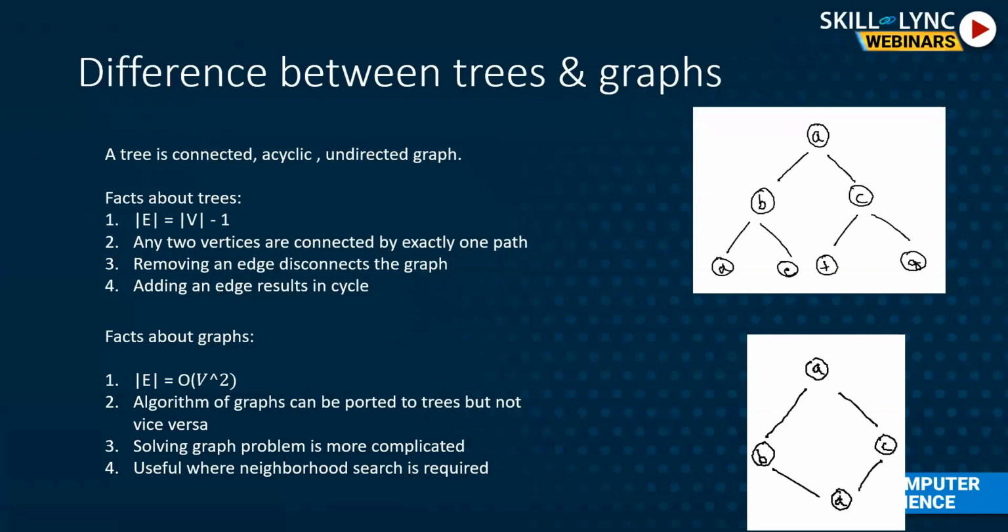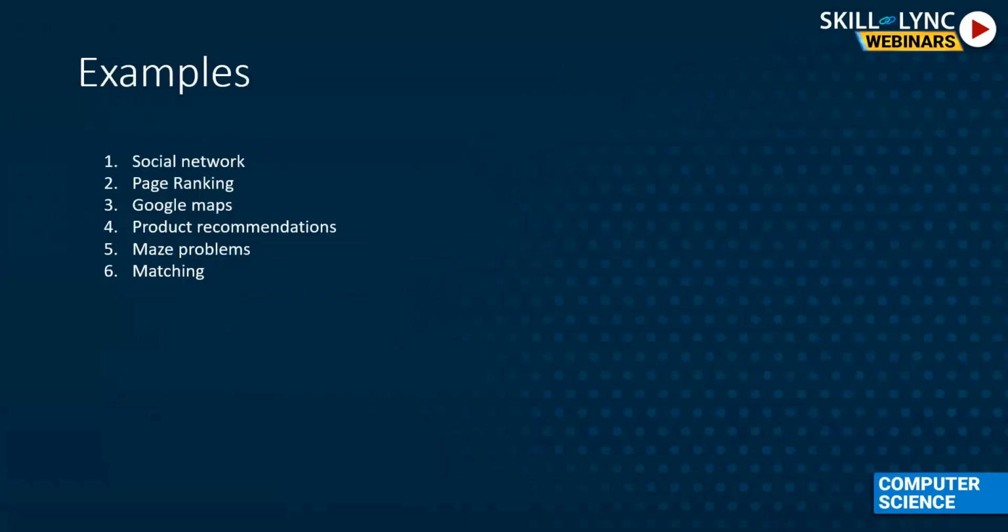Solving graph problems is more complicated, and that's why it is challenging. That's why everybody is looking for it, and there are so many applications for graphs. For trees, we will not have any cycles. The main thing that you always see is that any two vertices in a tree will always be connected by exactly one path. But that is not true for a graph. So this is a little distinction, very, very basic. Hope it's clear. Okay, moving forward.